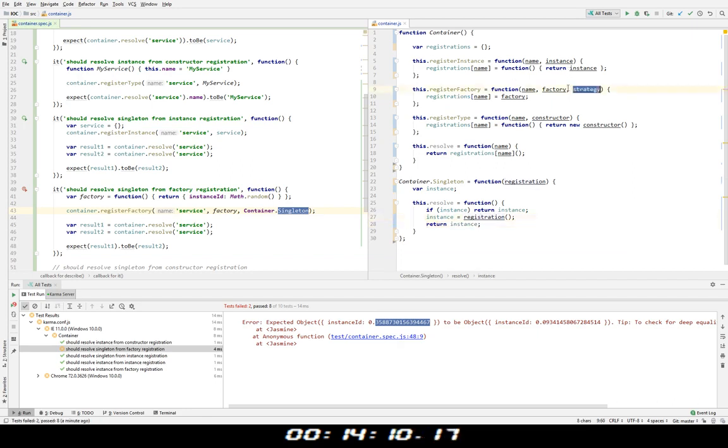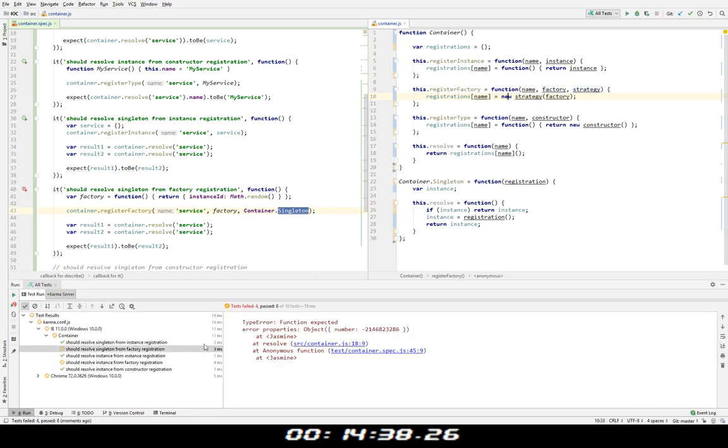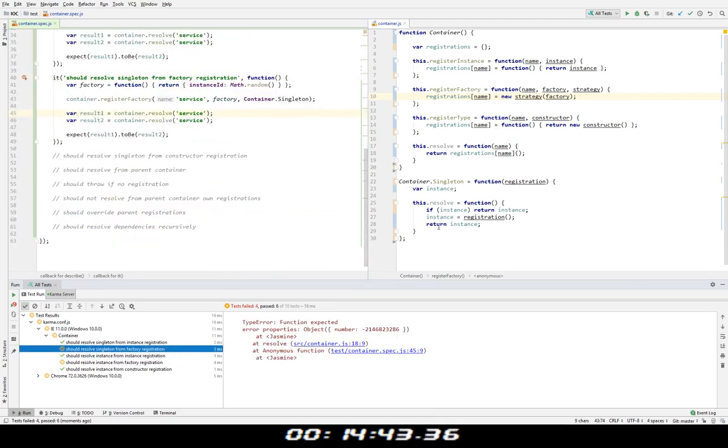Now I have to apply that strategy. In order to apply that strategy, I need to do something like this. I'm going to say that this is the new strategy, and I will pass it a registration to the constructor, which is a factory, effectively. And also, although this will make this test pass, it's not resolving a singleton. That's because I'm